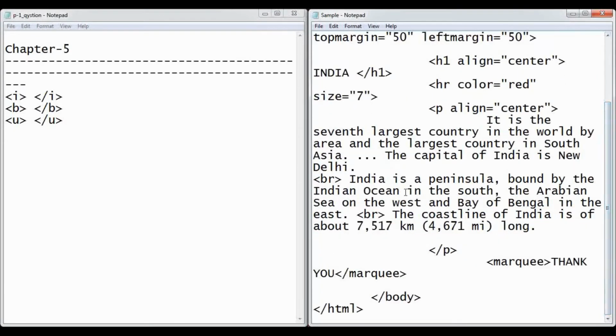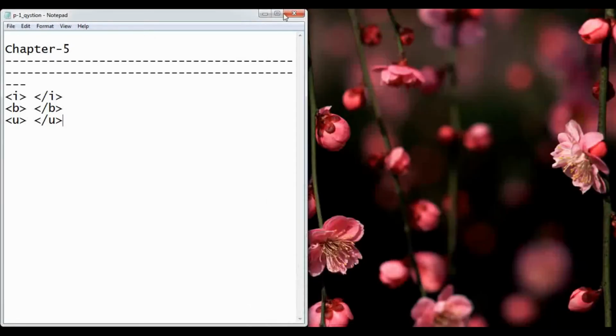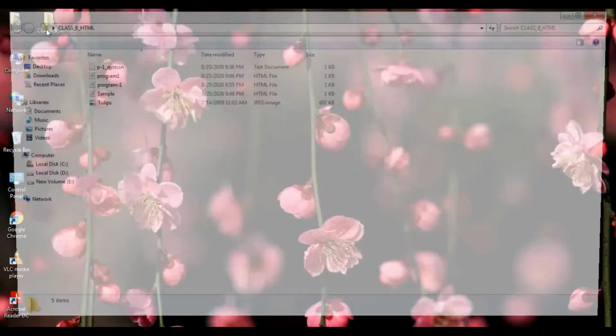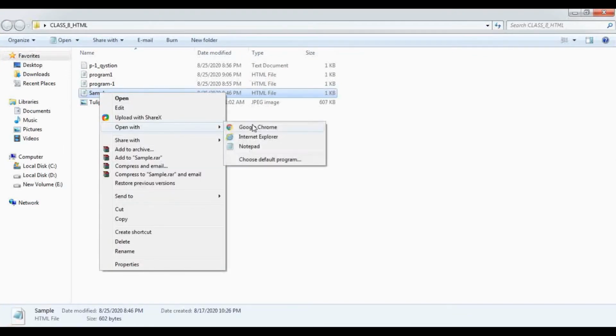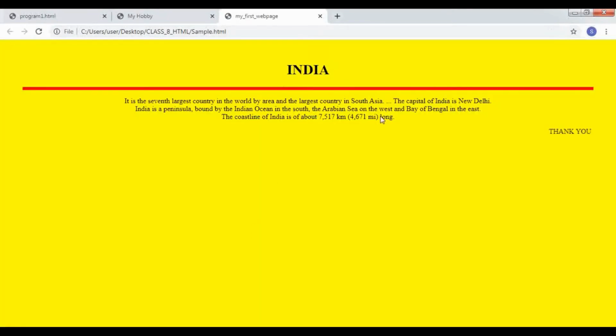Now I will apply these 3 tags on this particular program and we will see how the output gets changed. Before doing that, let me just open this output and show you how it is. So the previous output was this. Now just look at the output of this program. This is the output of the program. Now I'll apply the changes and I'll show you how they are applied on this.